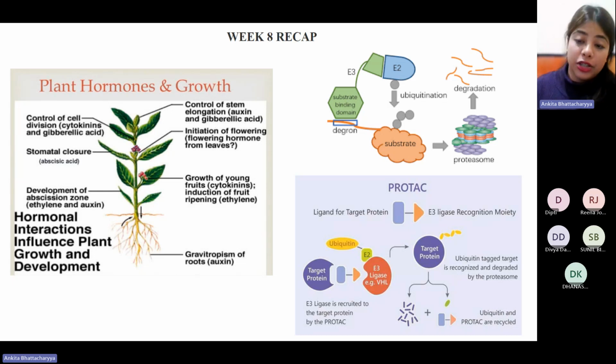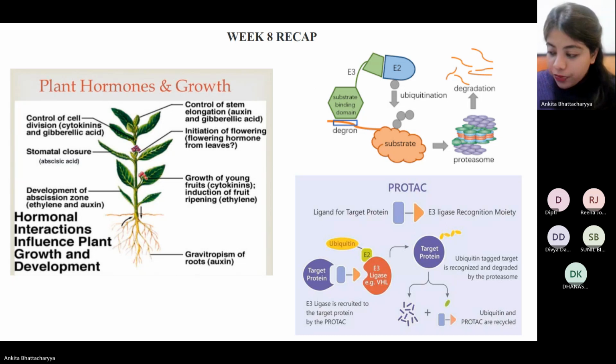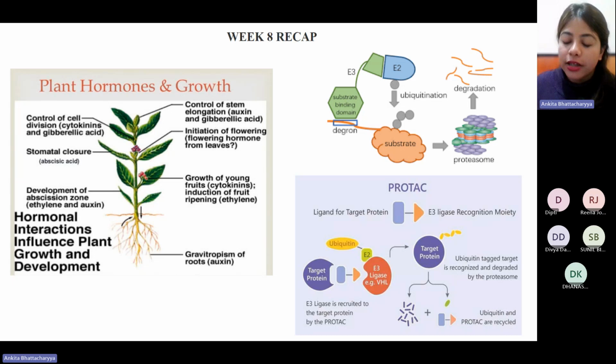Now, when we talk about degradation systems, I thought I would introduce you to another concept. It's a relatively newer concept. Degrons have been known for a while, but more with time, what we see is that more targeted and more specific degradation is what people are looking at. So this concept of PROTACs is something that has come up in the past decade or so. And PROTACs basically are proteolysis targeting chimeras. The name PROTAC stands for that.